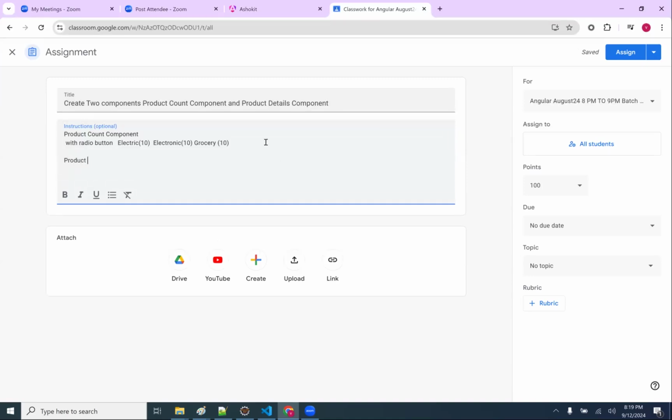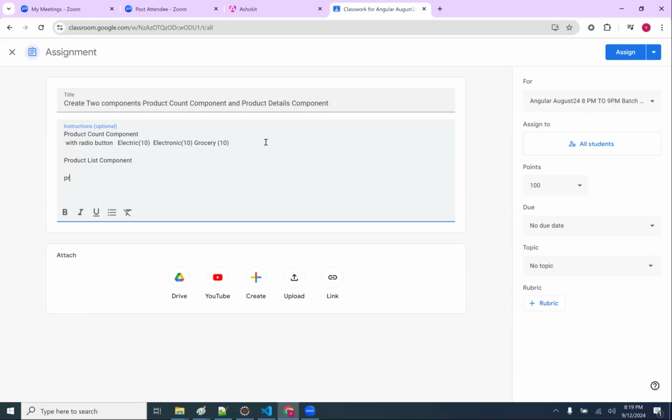Product list component, we have product name, inventory, quantity, price, discount, actual price, expiry date,